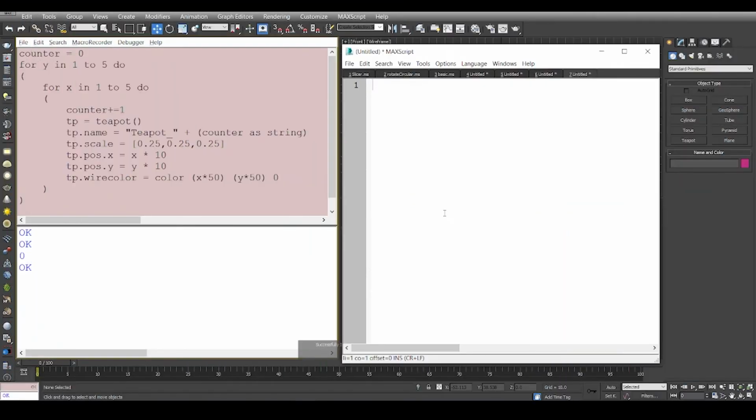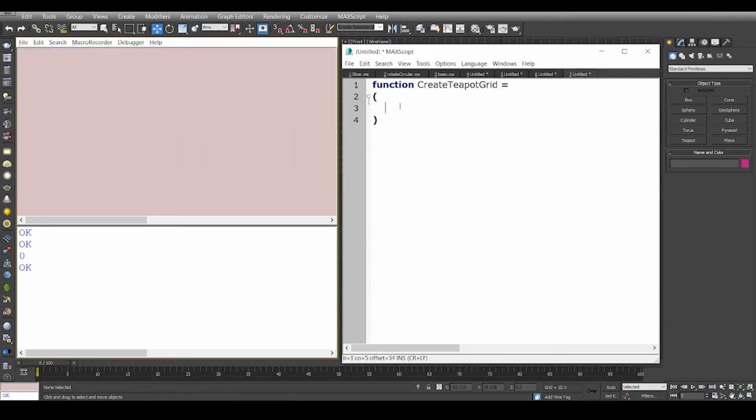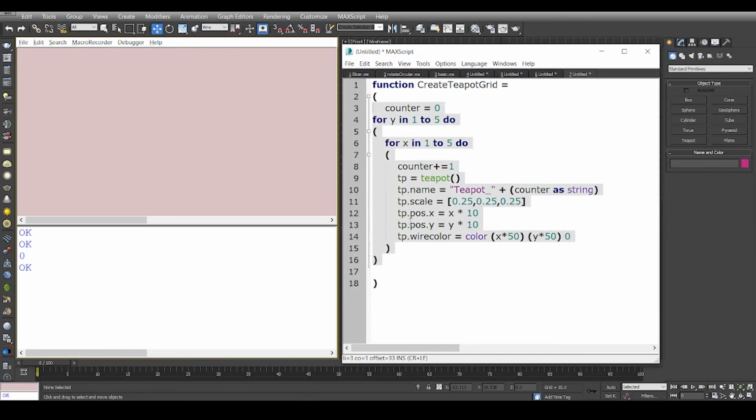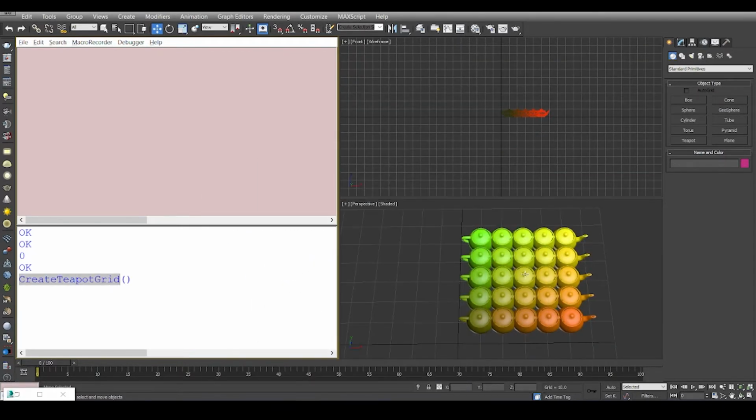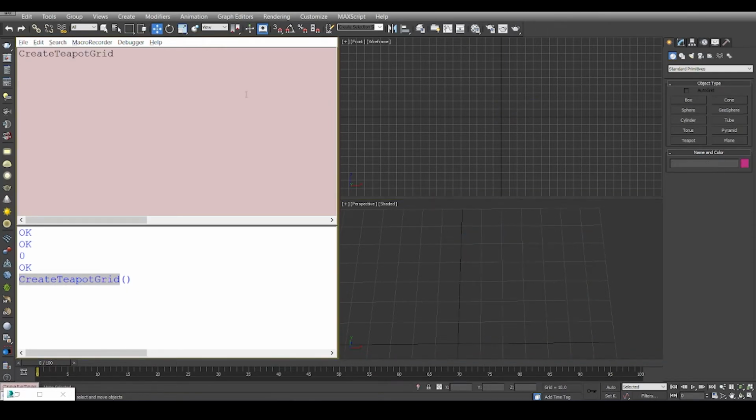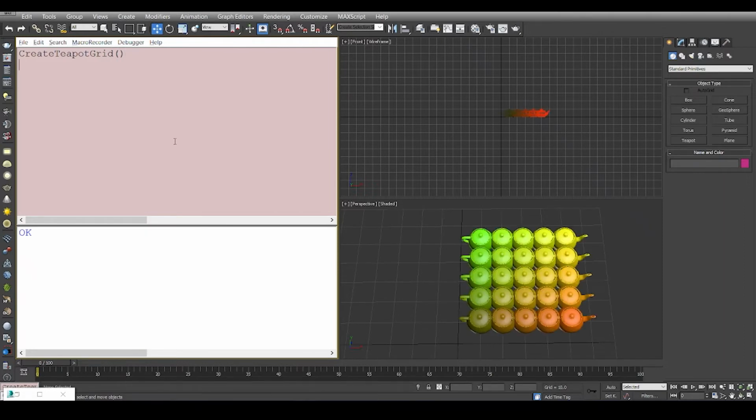Okay, so let's create a quick function out of this, and to create a function, we'll say function create teapot grid, and then the function body, and I'm going to just copy this, cut this, paste it here. Just a bit of good indentation is fine at times, and I'm just going to say tools evaluate all, and then we have a function called create teapot grid. I'm going to run the function by using the parenthesis and hit the small enter key on the numpad,